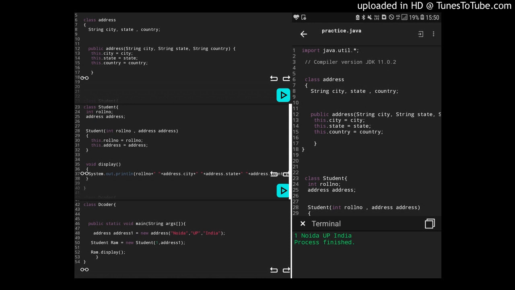After this, after inheritance, we have to learn polymorphism. We have quite a number of topics in it. Then a lot of things are there after that. So yes, next topic will be polymorphism.